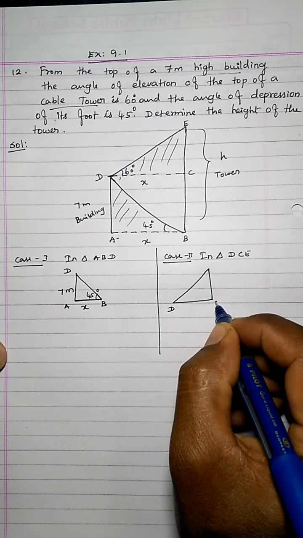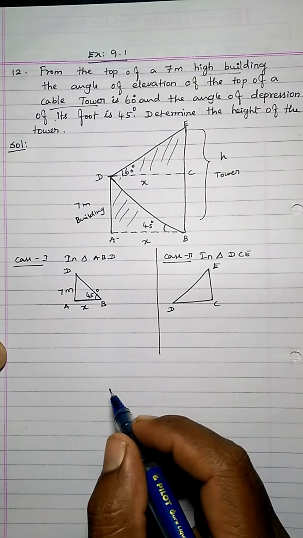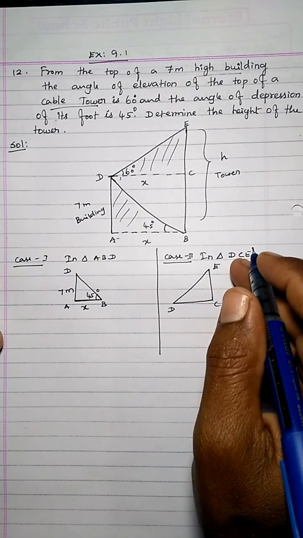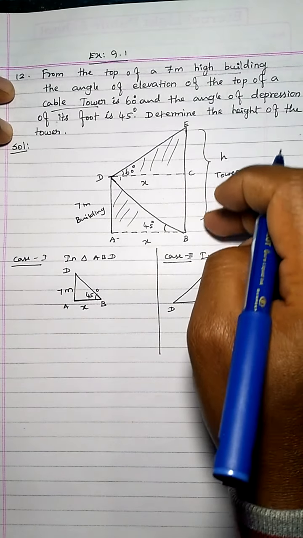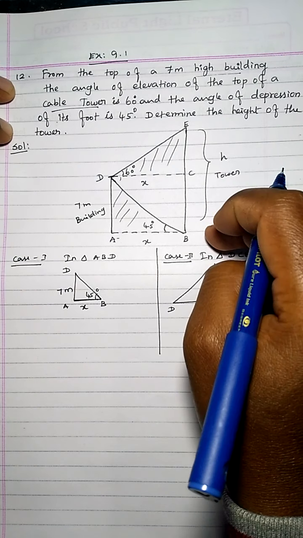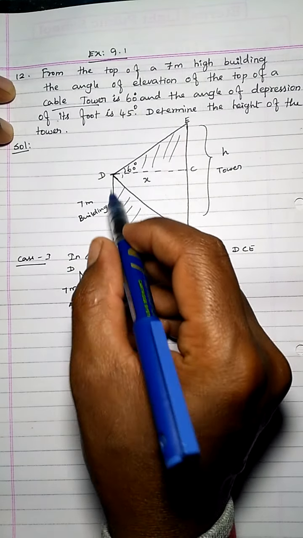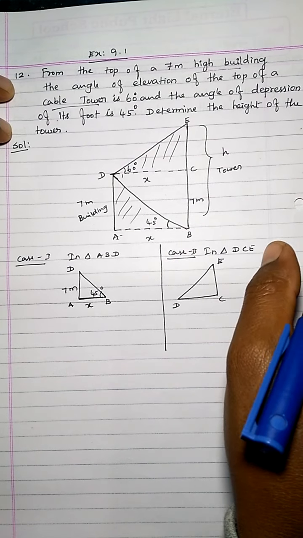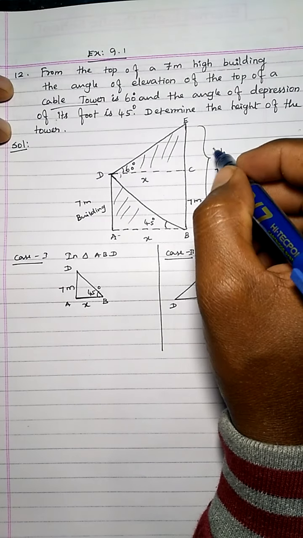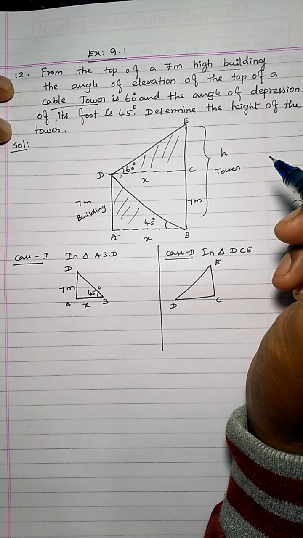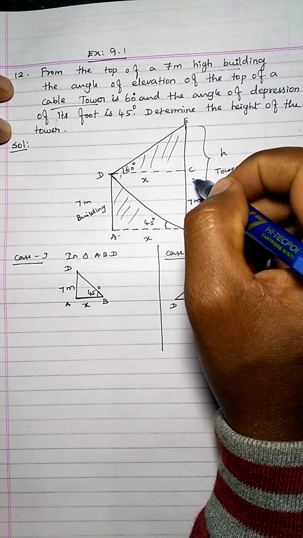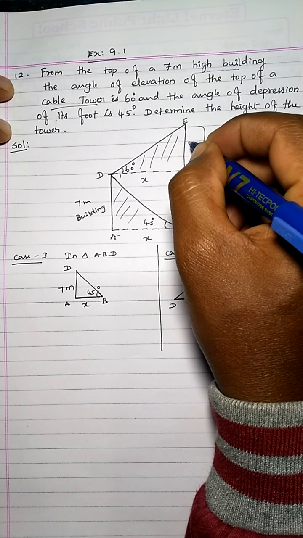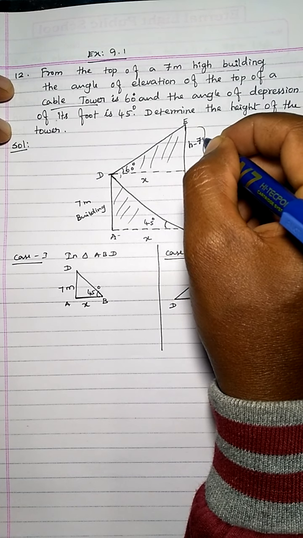Here D, C and E. See here, C to E distance now we have here. Total we have taken as h, meaning the total height of the tower. Then A to D is 7 meters, which means straight to this, B to C also will be 7 meters only. Now if you want to find the E to C distance, how can we take it? You tell me. From the total, if you subtract this 7, you will get the E to C distance, which means E to C distance will be h minus 7.